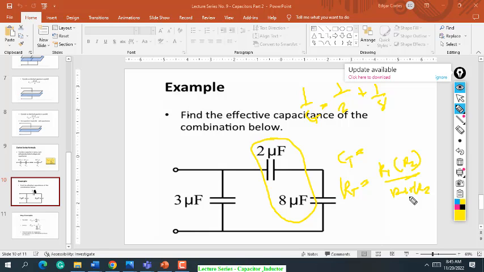So in this case, since this is a capacitor,